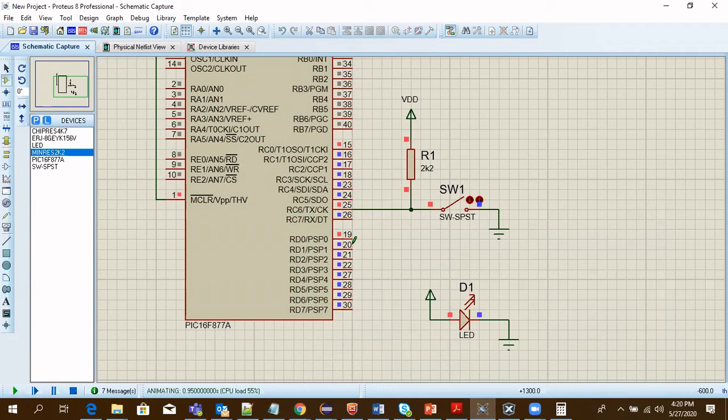You look here, RD0 is turned on. Now RD1 is turned on after 5 seconds. After 5 seconds, RD2 is turned on. This will go in a loop because we've written the code in a while(1), so it will keep continuously looping around and you will have the port pins sequentially turned on.